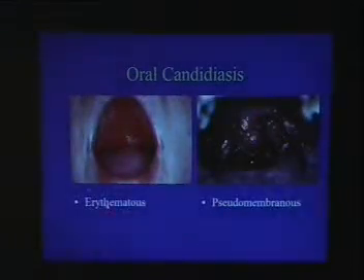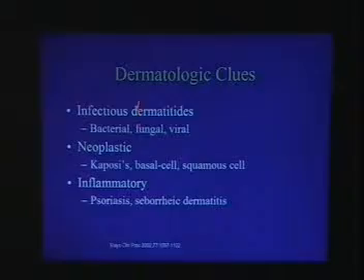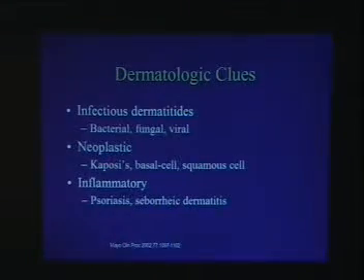This is hairy leukoplakia. Next. You can see erythematous candidiasis. There are two types: the pseudomembranous type is a white patch, and this is a red patch. Next. Dermatological clues: infection, bacterial, fungal, viral. If you suspect any of these, along with inflammatory conditions like psoriasis and seborrheic dermatitis, you can go for